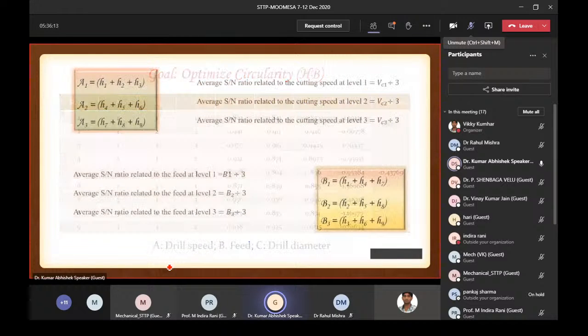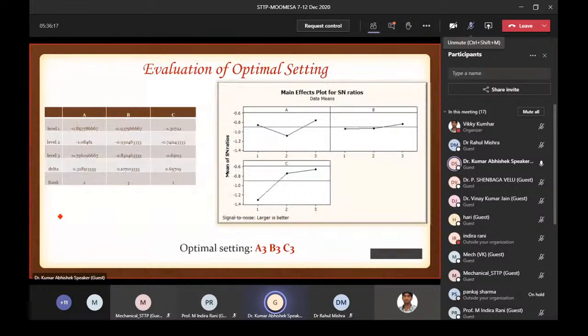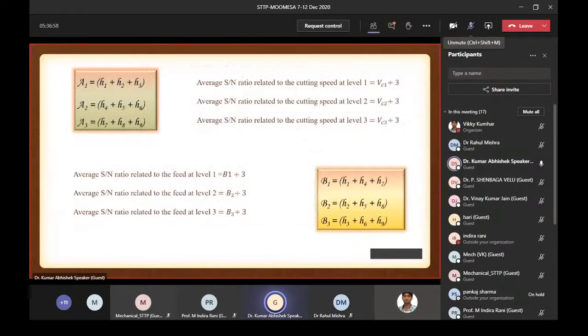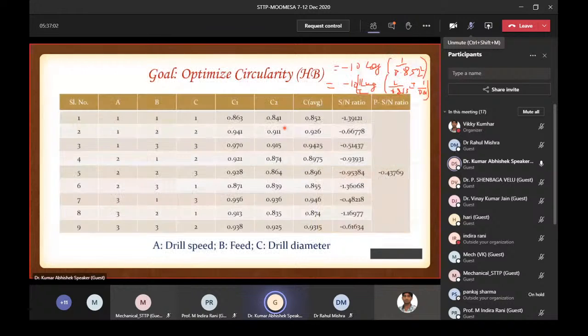You can say that using the formula, predicted SN ratio, that is the PSN ratio, is the calculated whatever the A3 mean value, that is the optimal setting A3, plus B3 mean value and C3 mean value minus 2 X bar, that is the X mean। ठीक है, आप क्या करोगे, आप मीन वैल्यू ये आया आपका, ये आया और ये आया, ये तीनों को सम करोगे माइनस 2 टाइम्स ऑफ, जो भी ये सिग्नल टू नॉइज रेशियो आपने कंप्यूट किया है इसका मीन निकालोगे, सारे का आप एवरेज निकालोगे, दैट इज द मीन वैल्यू ऑफ द एसएन रेशियो।